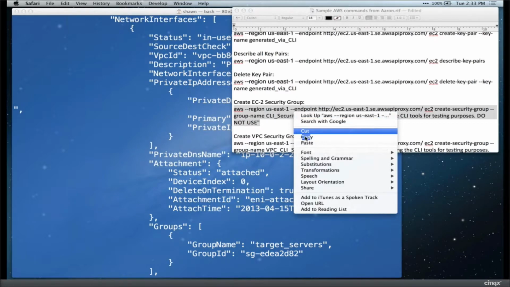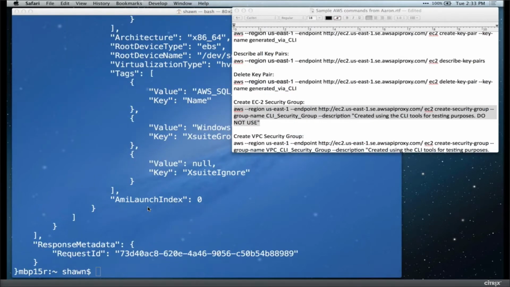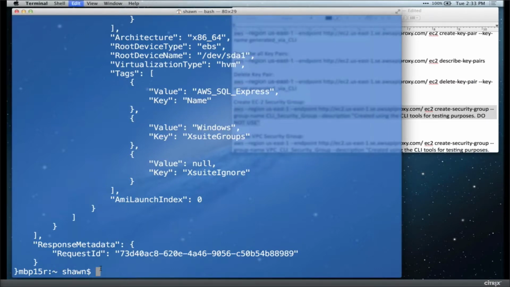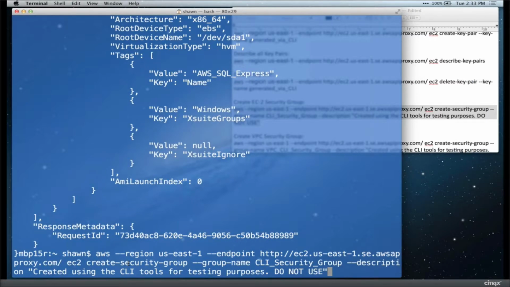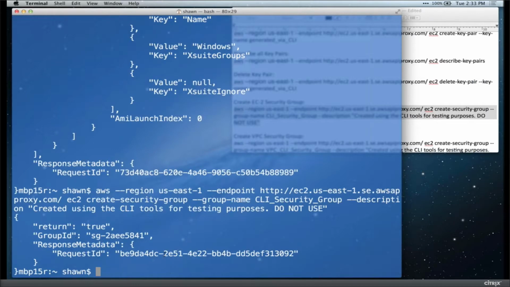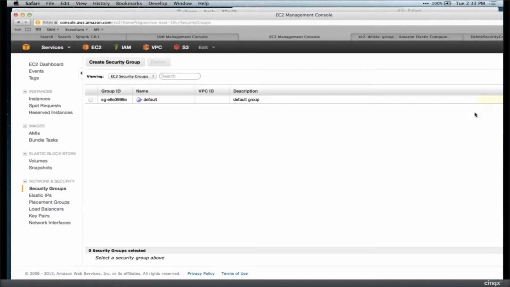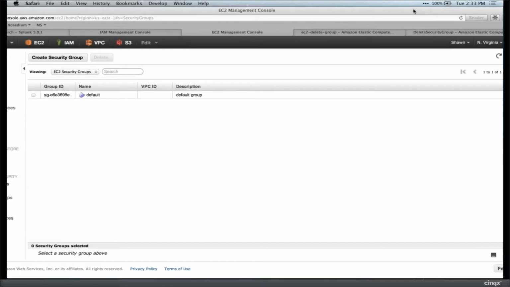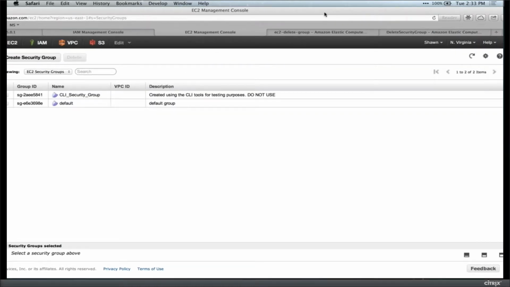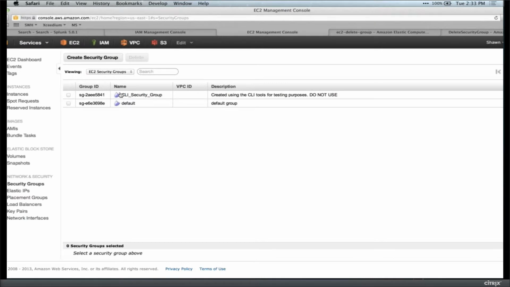Allow me to drag this off screen as I copy this command, and I'm going to turn around and simply paste it inside of the command line infrastructure. When I hit enter, the response back is very short. The return was true, and it gave me the group ID and the request ID that generated it. If I come back over to that same security group page and refresh, what you're going to see is I now have that second security group